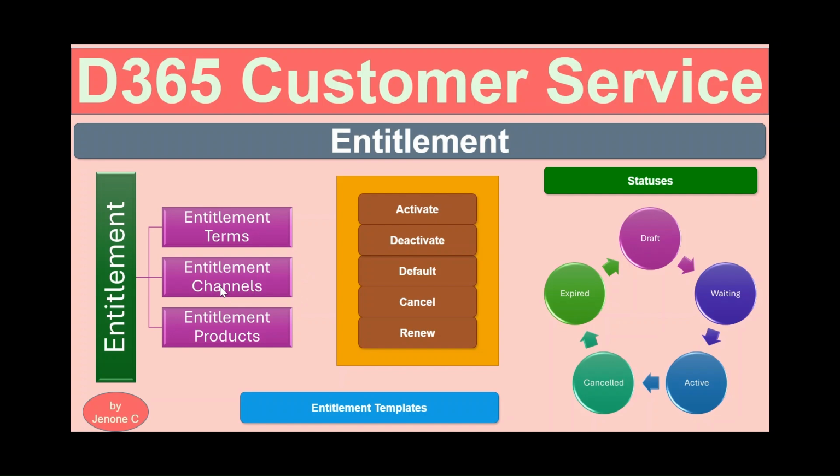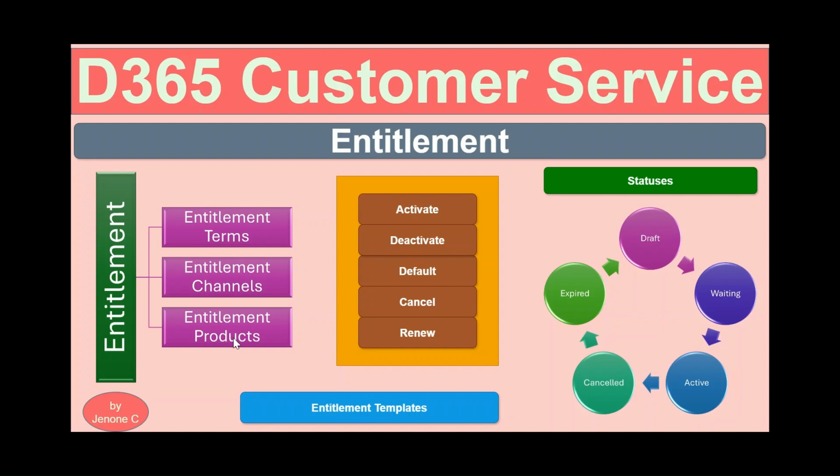Okay, and then we can specify the entitlement products. A customer might purchase multiple products from us. For one product, we will be giving 4 service visits for the next 1 year. For another product, we might give only 1 service visit for the next 6 months. So based on products also, we can define the entitlement. If only one product is to be considered for a particular entitlement, then we will attach only one product to that entitlement. In case multiple products can be linked with that entitlement, then we will be adding multiple products